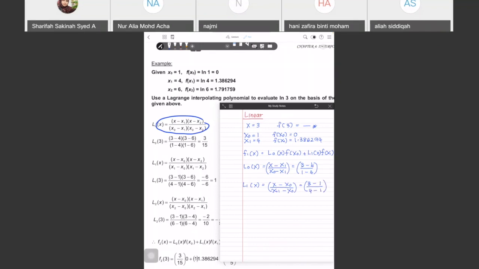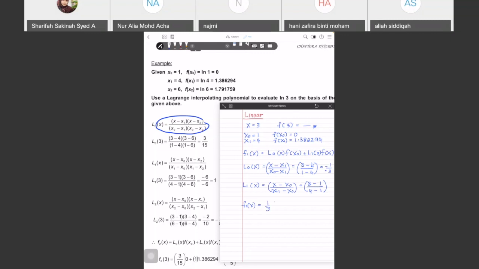So now you have your L0 and L1, then replace the value. What is the value of L0? It says here negative 1 over negative 3. So you have 1 over 3